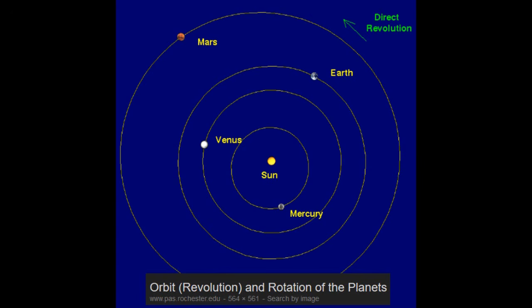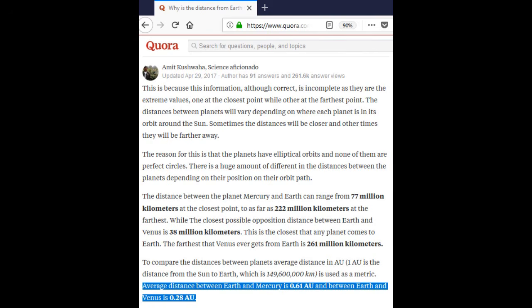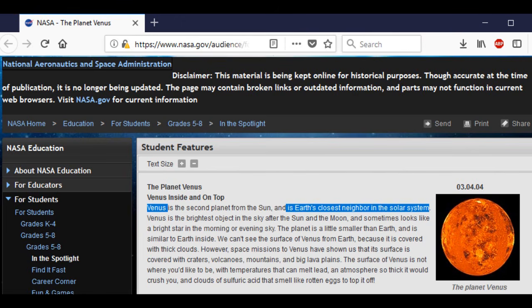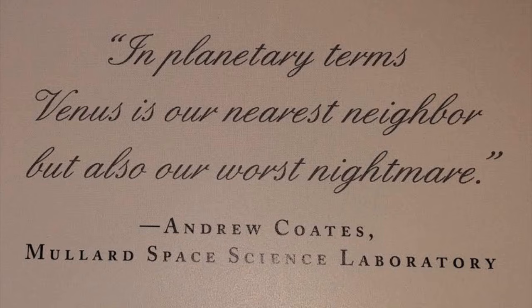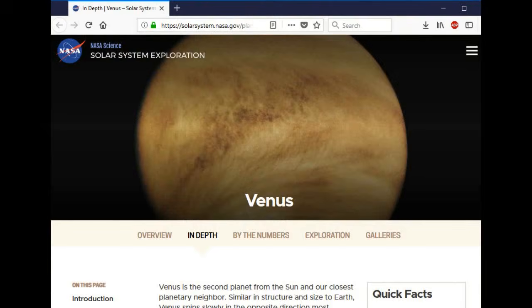Indeed, if you Google the question, you'll often find answers just like this. Most people correctly say that the distance between Earth and each planet changes from time to time, but if you average it, the closest planet is Venus. You can find lots of examples of educational organizations saying something like, "Venus is our closest neighbor." Sometimes they're directly addressing the question, but a lot of times it's just something that they mention on their way